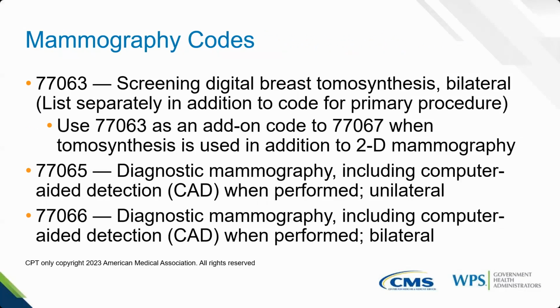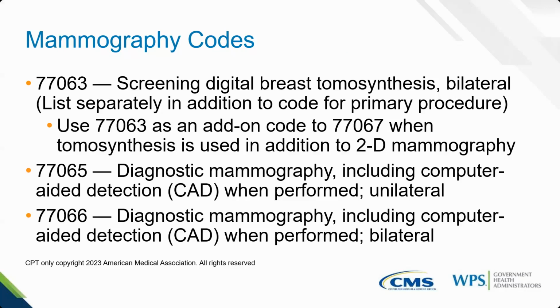Before we proceed, let's review the HIC, PICS, and CPT codes used when billing mammography. Mammography should be billed using one of the following codes: 77063, screening digital breast tomosynthesis bilateral, listed separately in addition to the code for the primary procedure. Use 77063 as an add-on code to 77067 when tomosynthesis is used in addition to 2D mammography. 77065, diagnostic mammography,